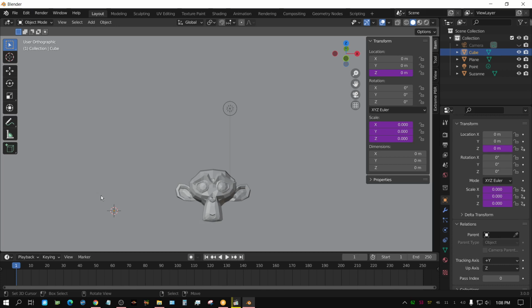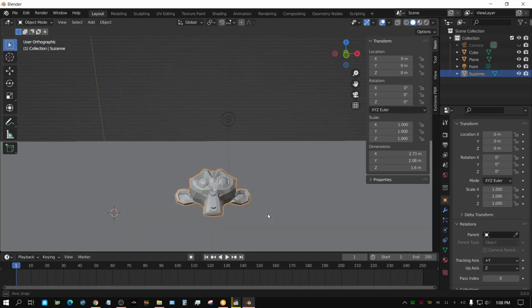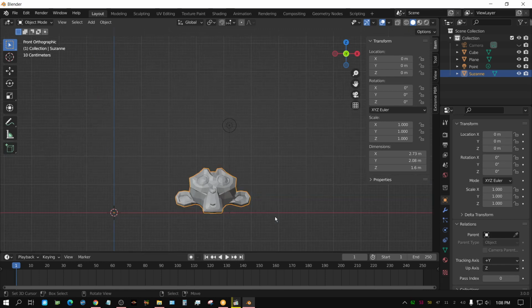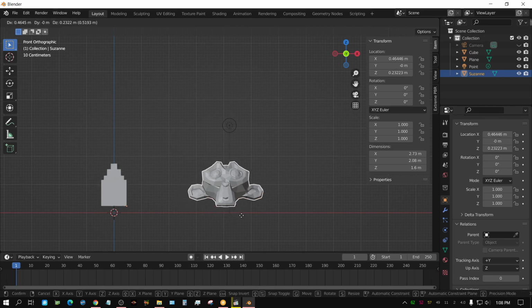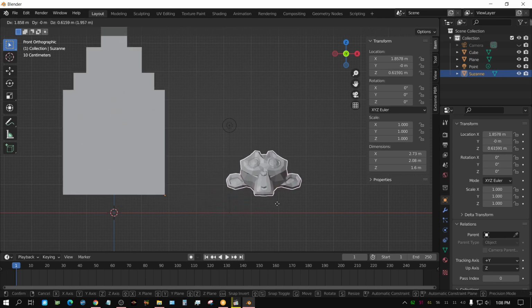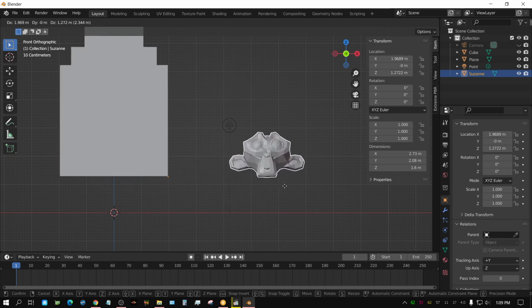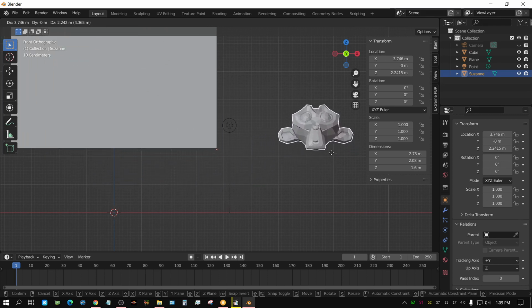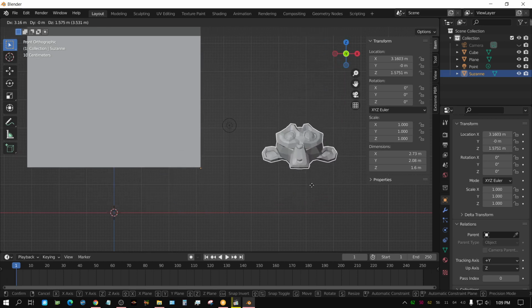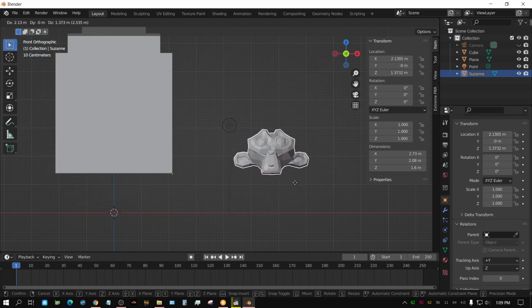Now we don't see any object over here because this is in the default, the 0 position on the X axis. So if I was to press 1 to go into front side view, and then grab this monkey head and move it to the right, that object starts getting bigger, and it also maintains the Z axis position as before. So you can see how